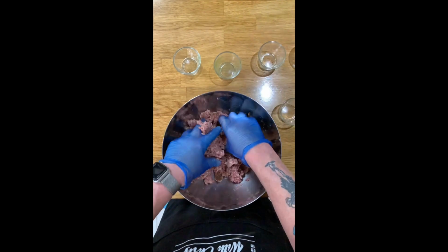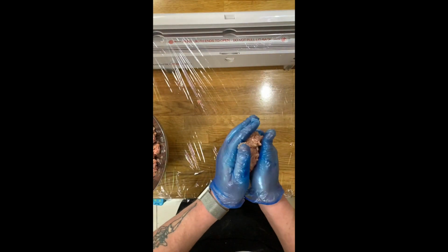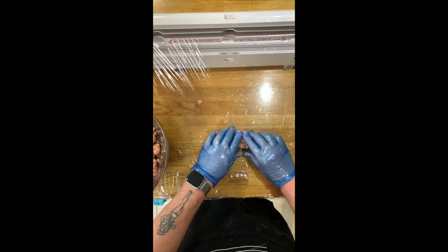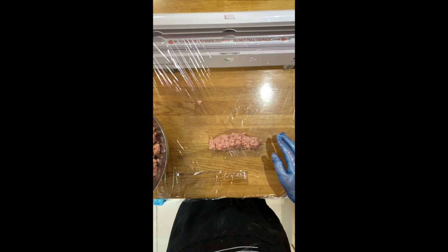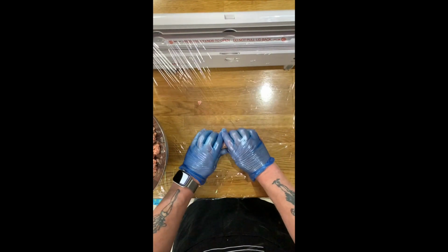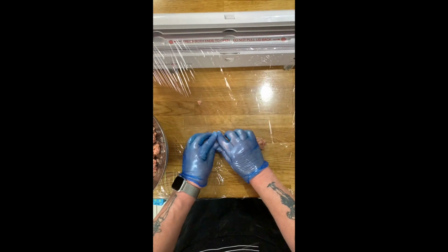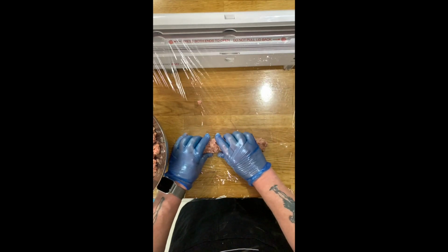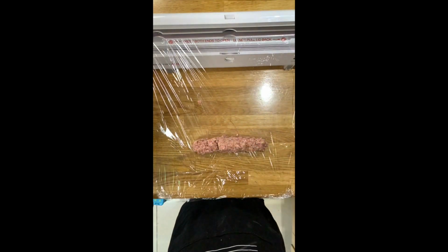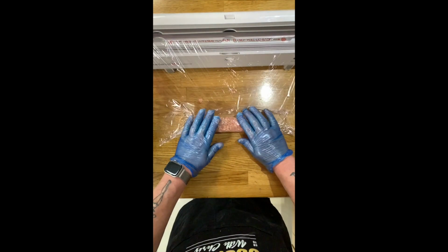and then after that we go to the next stage and take the mix and put it into the centre of the film and roll this out into the shape that you're eventually going to use. So put it into a sausage shape, and then once that's done, you put this into the fridge to firm up for 10 to 15 minutes. So just take that, fold it over, roll it tight,